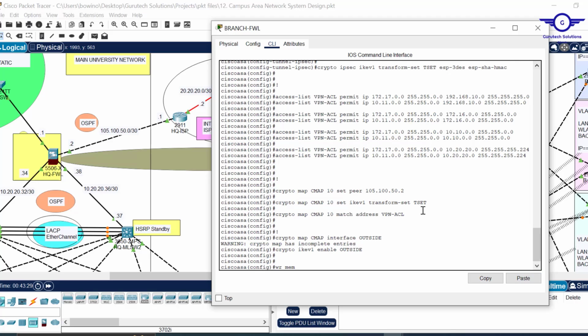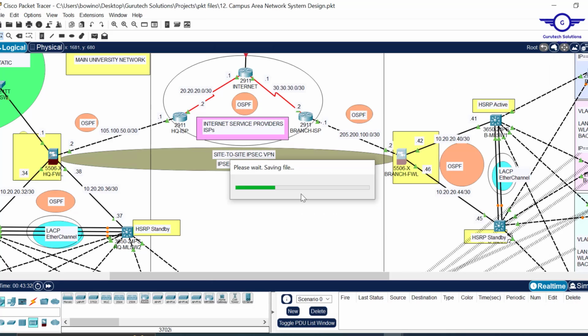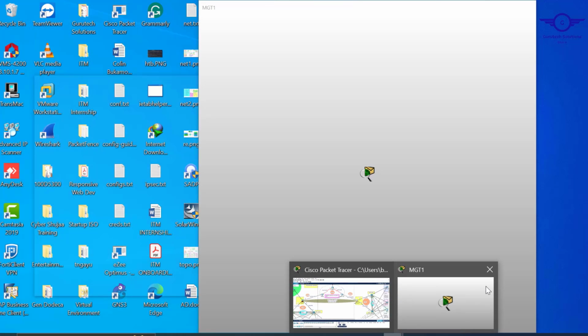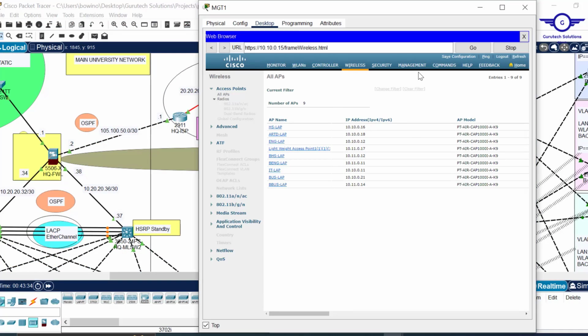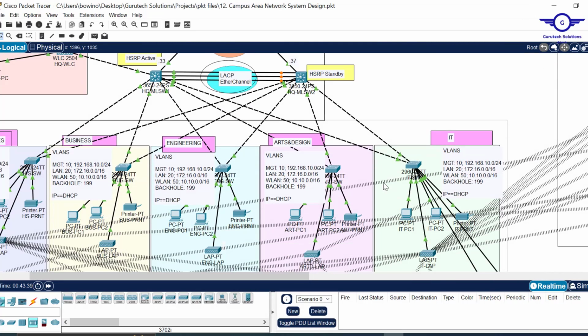So that has been saved. So what I just do, just Control S to save. All right. So we're going to try to ping again. We can now close this wireless LAN controller. Now we don't have any business with it. Yes. So we can now try to ping from